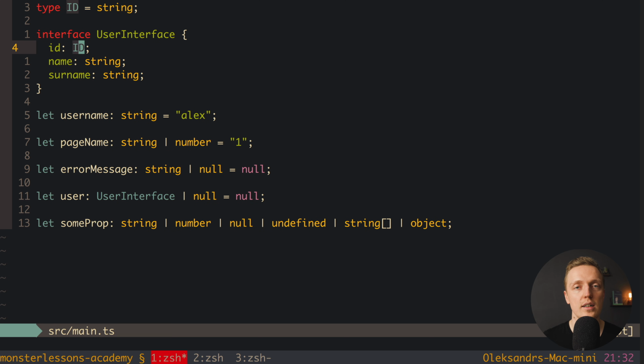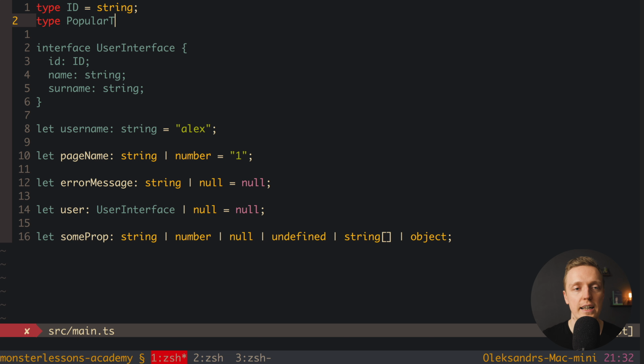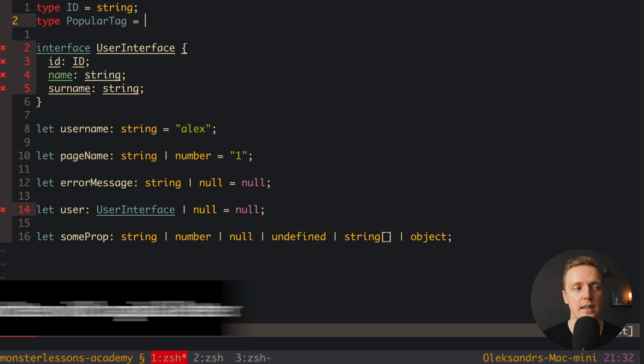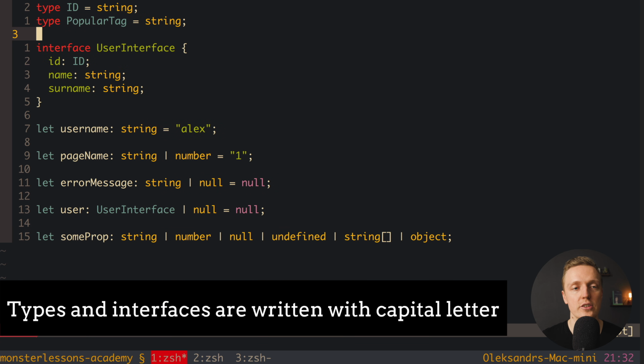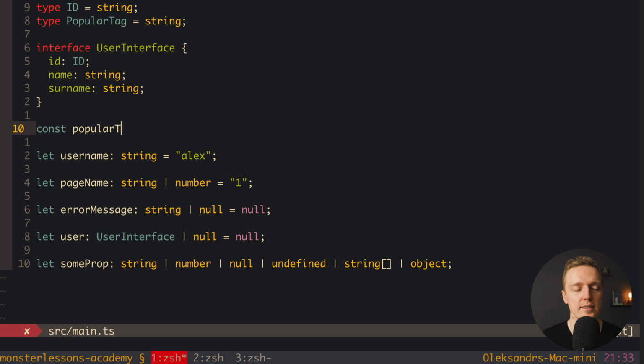Now let's create one more custom type so you see its benefit. So I will create here type popular tag. And as you saw, we always start types the same as interfaces, with a big letter. And here I am also saying that popular tag is just string. But just imagine that here we want to create an array of popular tags. So what we can do here is write an array of strings. So here we have dragon and here, for example, coffee. And if we check it with TypeScript, TypeScript understands that this is an array of strings. This is why we have here string and then these brackets. And what we can say here is that this is the array of strings.